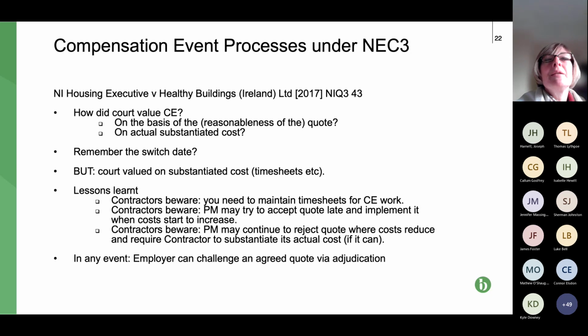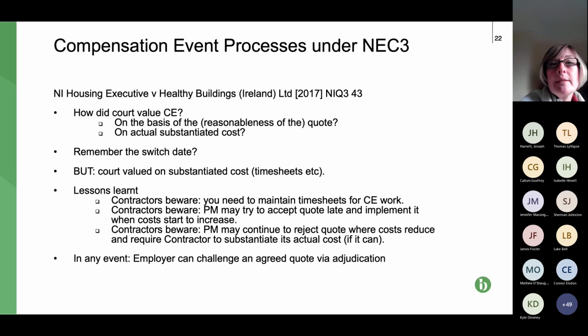So typically you're going to be getting to court a year after that. So even a very prompt adjudication will mean that you're not going to be getting to trial at court probably until well after the defects period has expired. And what the court said was that therefore, when it was being asked to quantify a CE, what it wanted was the actual cost, what it had cost.